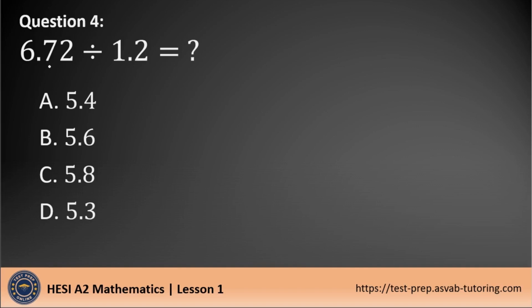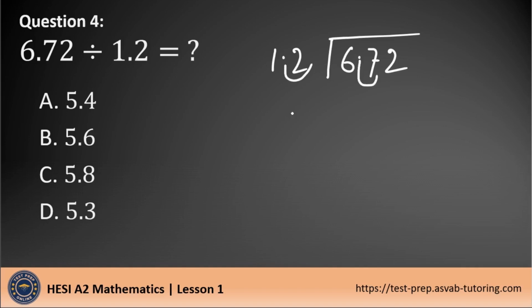Now let's go to question number 4. It's a division of 2 decimal numbers. So here we will write it down this way. It's 6.72 divided by 1.2. So we will skip one digit from left side to right side, the decimals, this way. Here also we will do the same. So now we will get 12 divided into